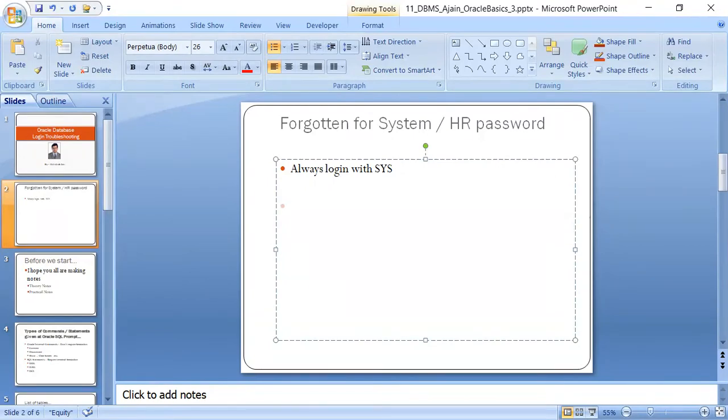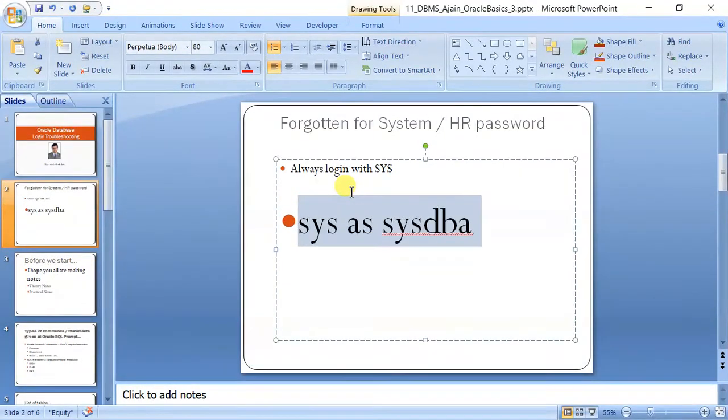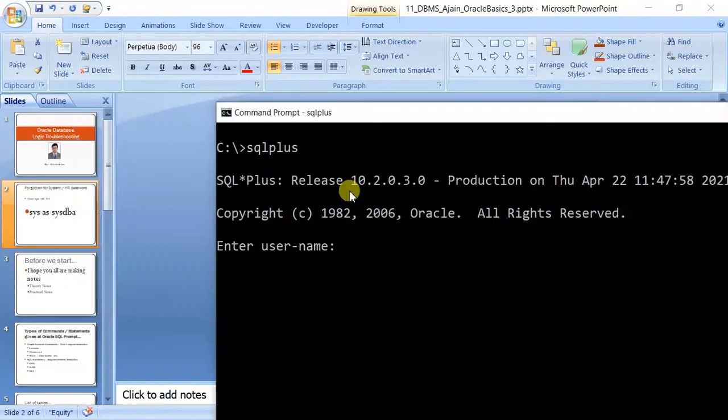To log in with sys, you have to type in the username sys as sysdba. Capital and small has no effect here, so don't worry about it. Let me show you with an example. Here it is asking to enter username. I will type sys as sysdba. You can see it has been taken.